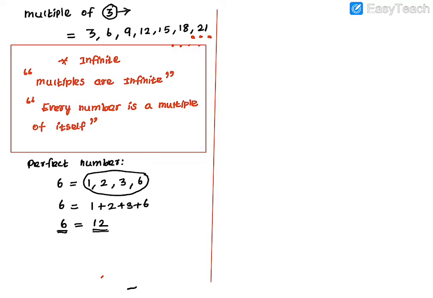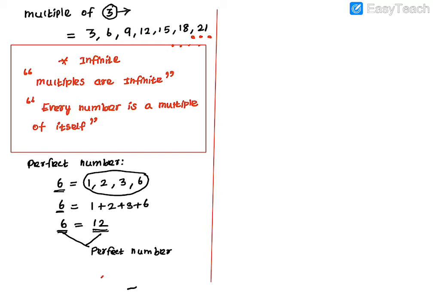First they said to find the factors. Find the factors of 6. So you are finding: 1 table it will come, 2 table it will come, 3 table it will come, 6 table it will come. The next step is, when you add all the factors, you will get one number. Check that number; it should be double of the given number. What is the given number? Given number is 6. So it should be double of this number, 6 plus 6, 12. So we can say 6 is a perfect number. Okay. So this is called a perfect number.